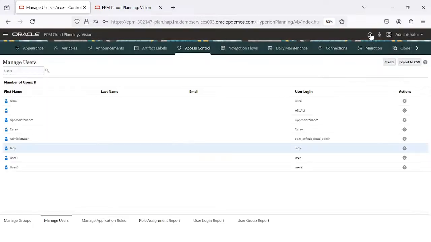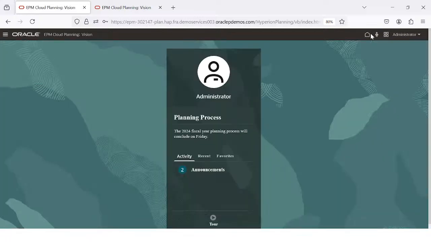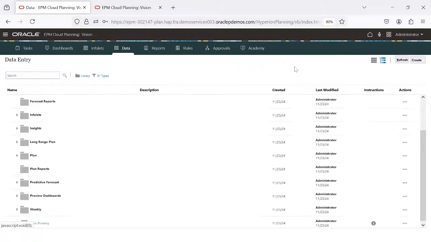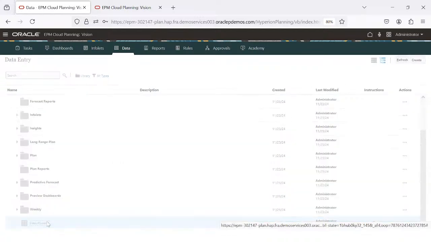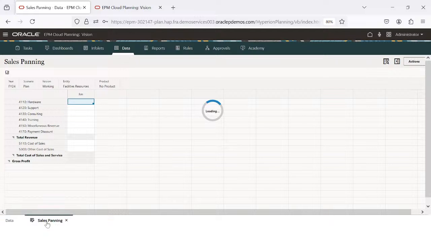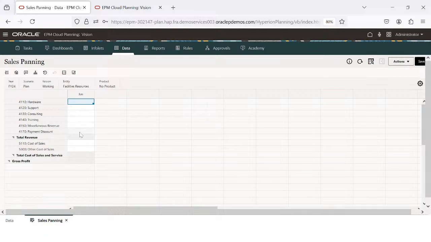First let us see whether the administrator is able to write into the form, because there are certain restrictions on the data, sometimes on the dimensions. So the service administrator is opening the form. Now you can see the service administrator has the access to the form. He can write here, input the figures, let's say